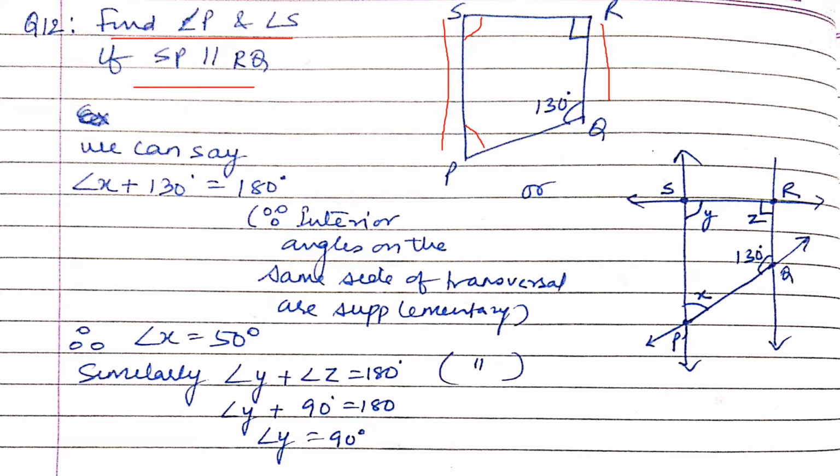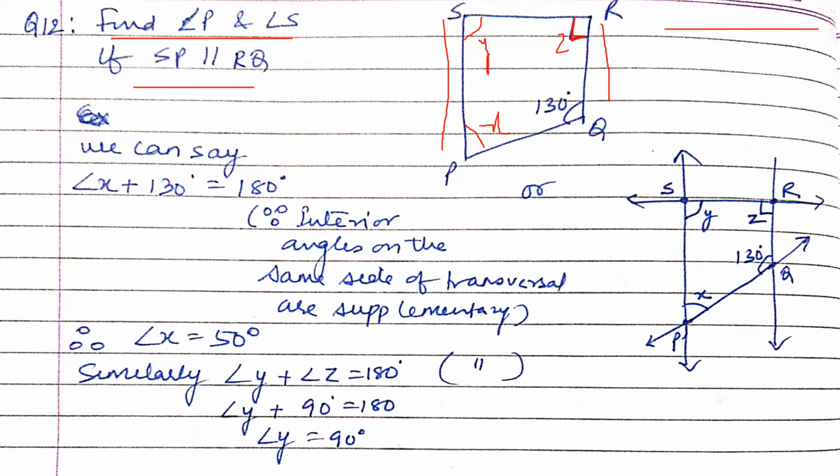Let's name them. Let's name angle P as X. Let's name this as angle Y and this one as Z. Can you tell what is the value of angle Z? Obviously, this symbol is for 90 degree. Okay. Now, to find angle Y and X, we use the concept of class 7th again, that if you have